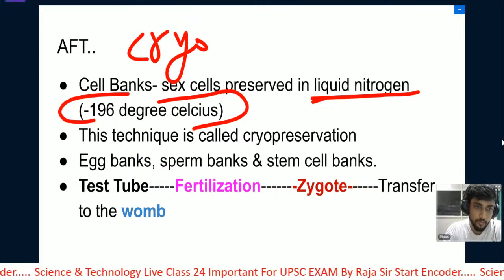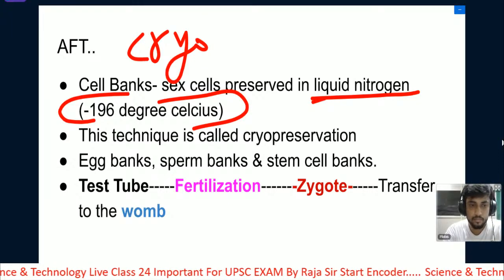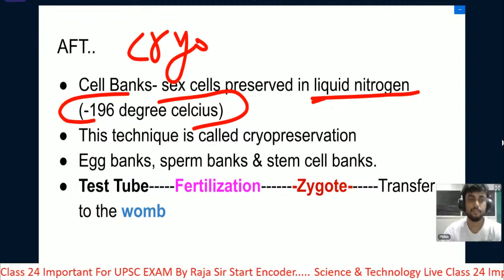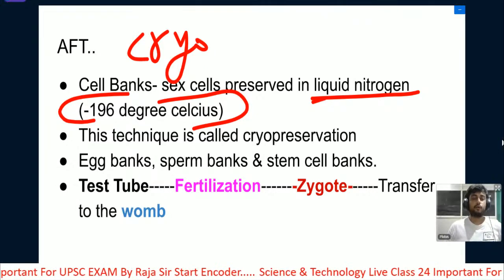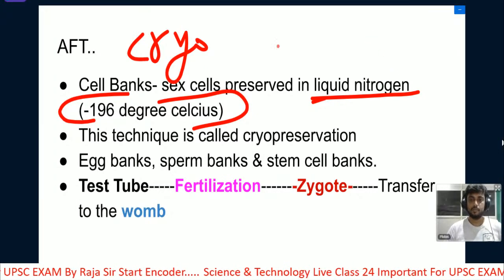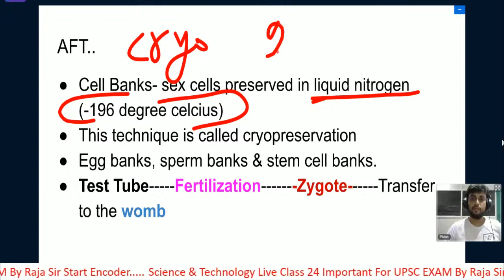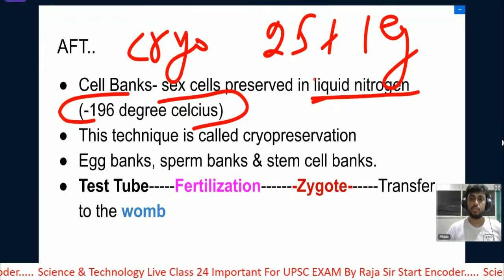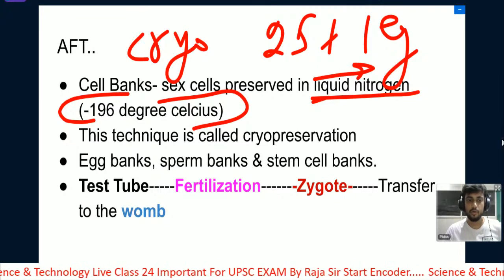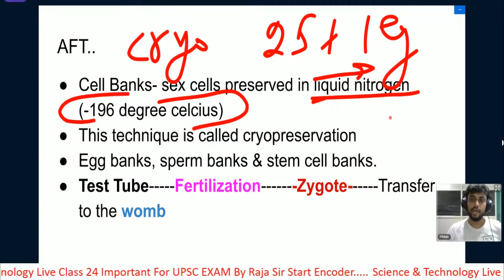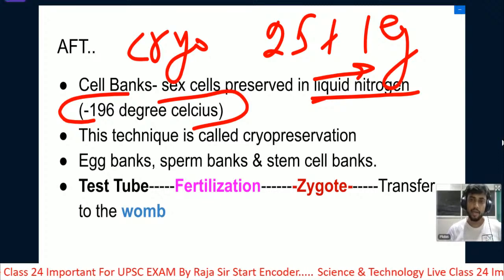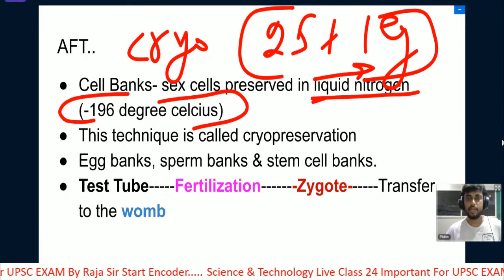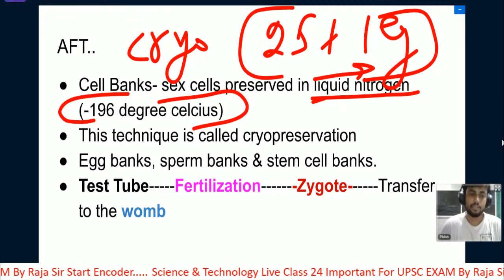Yes, Nikhil, one sperm fertilizes one egg. I told you yesterday that if we have such combinations, like two sperms plus one egg, then it causes instability in the zygote and it dies. And if we have two eggs and one sperm, okay, these combinations are not stable, and the zygote that is produced dies.